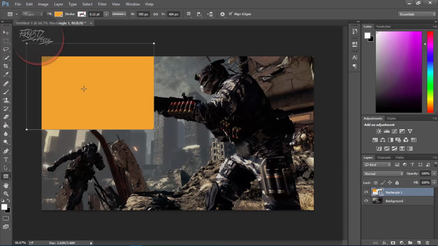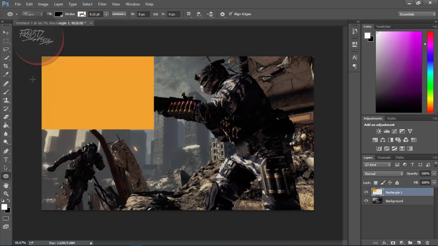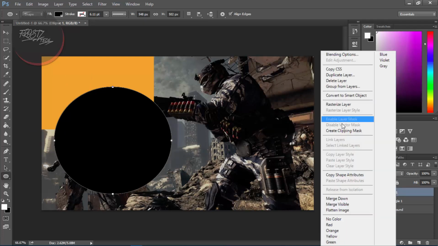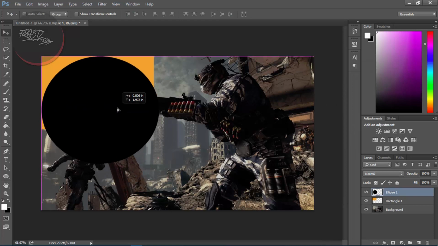We're gonna do something out here. So let's right click on it and rasterize it, and now create a new ellipse and make sure it's completely using different color. For example, I'm gonna be using a black color. So let's create a new ellipse like this. Okay, this will be perfect. Right click and rasterize layer, and use V to move it around like this,